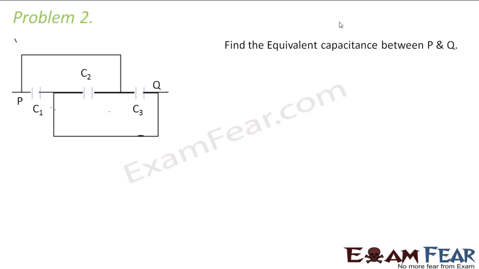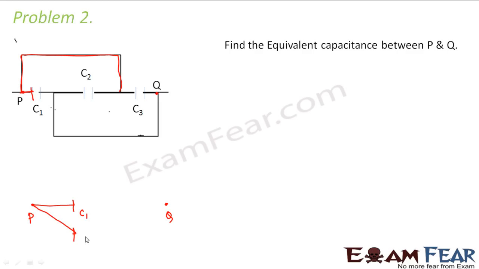It again asks us to calculate the equivalent capacitance between points P and Q. Okay, so let us look at it. Again, here also we will draw this diagram as per our convenience. We have to calculate between P and Q. Let us first draw P. Now you see, from P, there is one capacitor C1, and what is the other capacitor connected to P? If you look at it, the other capacitor which is connected to P is C3. So from P you have C1 and you also have C3, right?